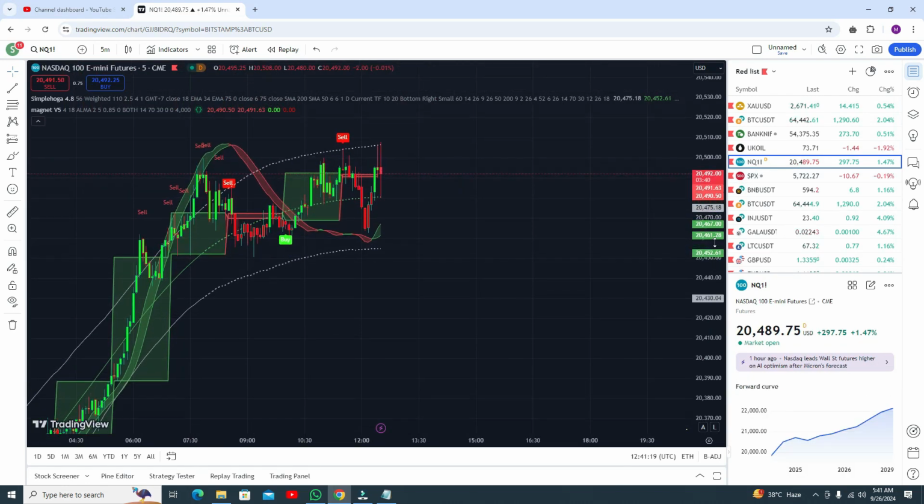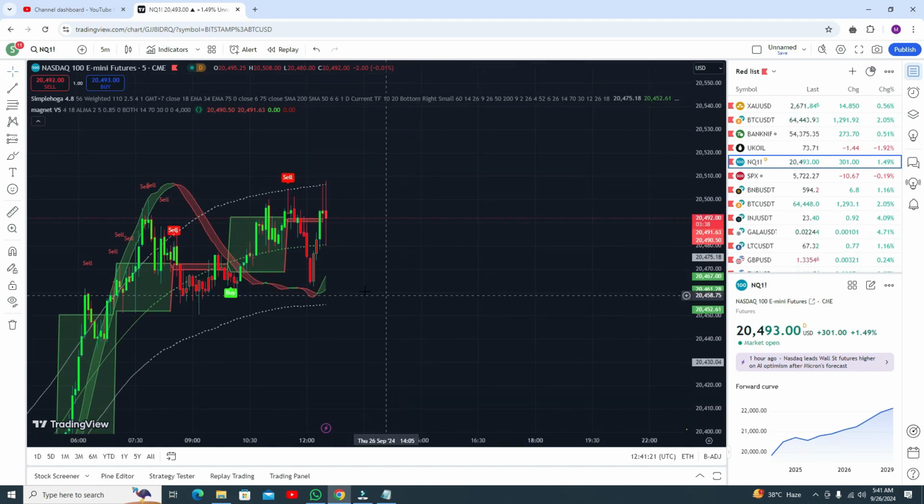In the Nasdaq you can see, watch it carefully. Here, if you need, you can go for the sell trade, but if you go for the sell trade from this point, then remember you need to exit your trade. That is not a loss trade, that is a very small profit, maybe a few cents profit. So that is actually not a loss trade.